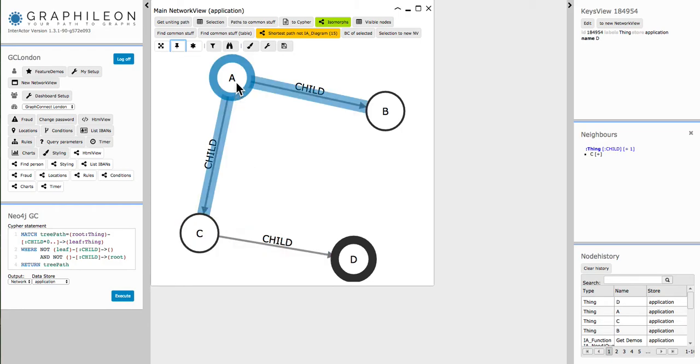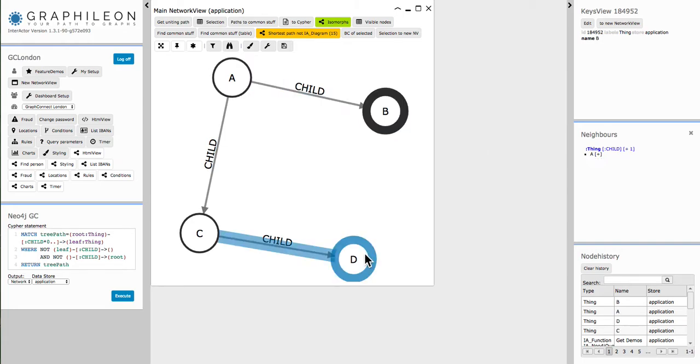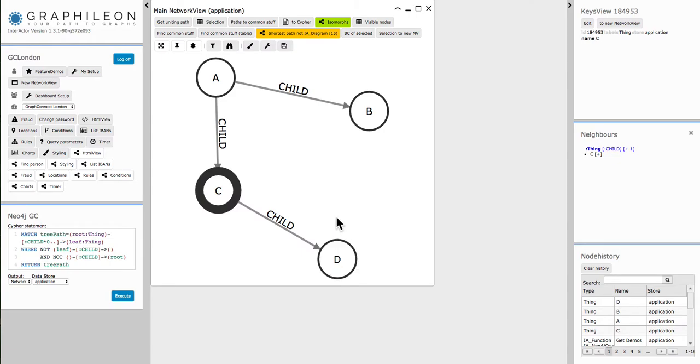Those who are familiar with InterActor know that they can click on here, and then they have their views: the keys view, the properties, and here the neighbors. And here you have the nodes that you have clicked, so you can go back in your node history. So let's look at this very small tree,